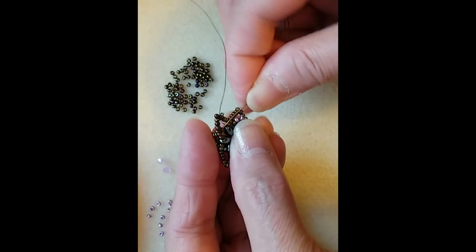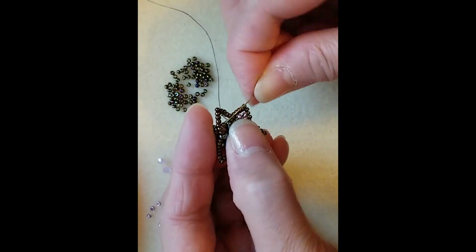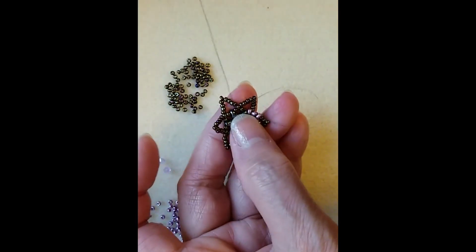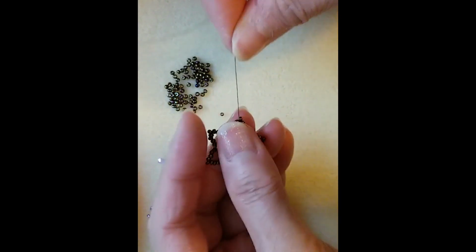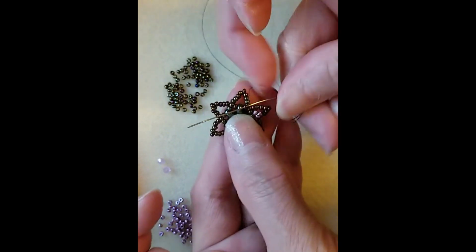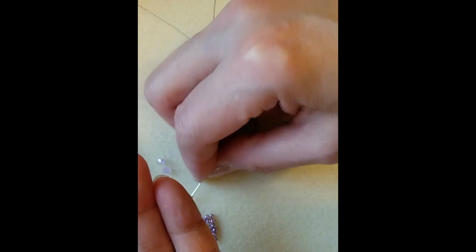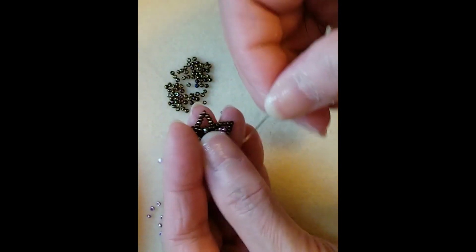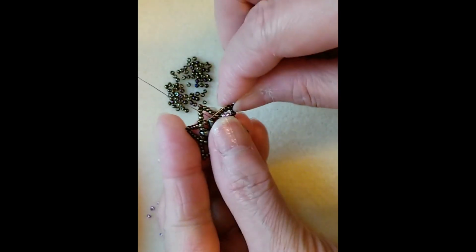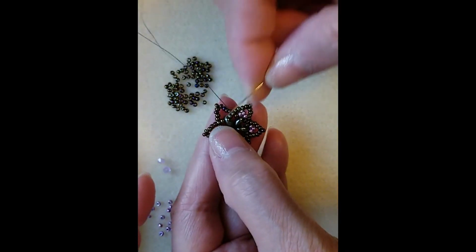First in the middle. Oh, it's going on there. Okay. Then out on the last seed bead here. Okay, and pick up 3 seed beads again, out from the first and the middle seed beads, out again here,